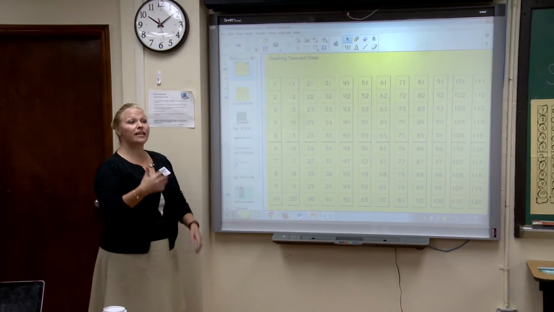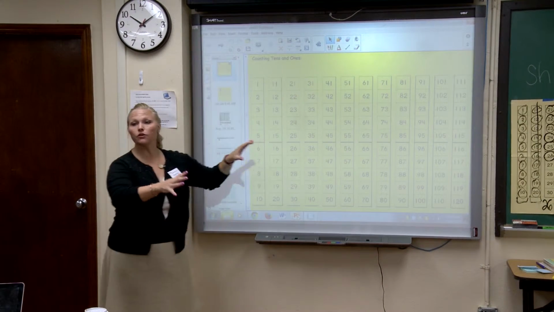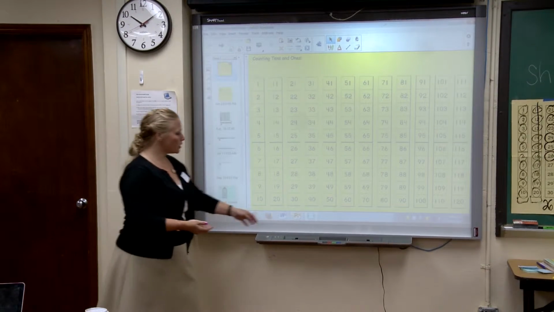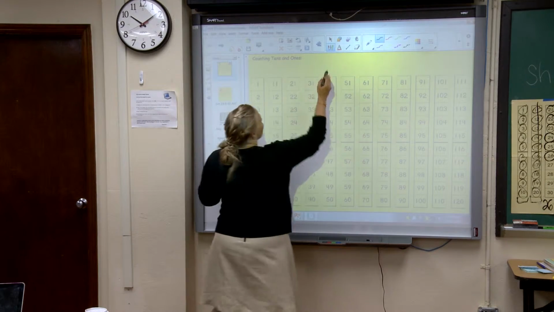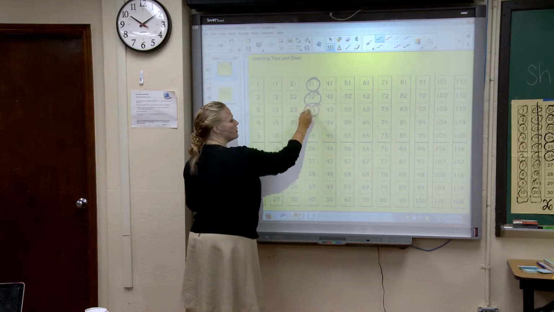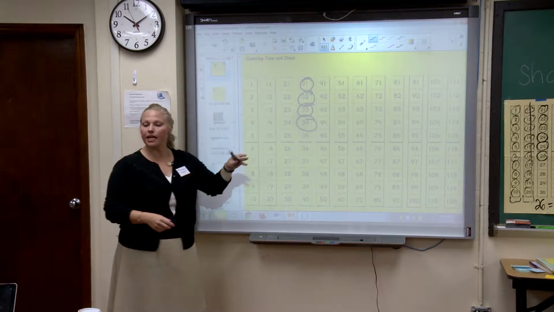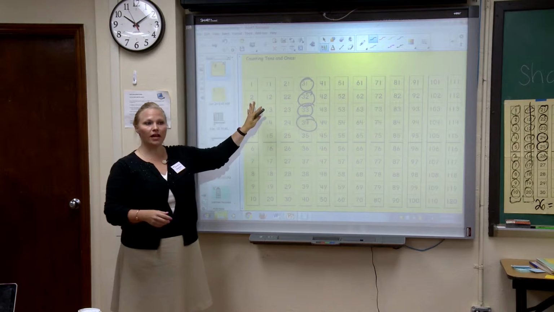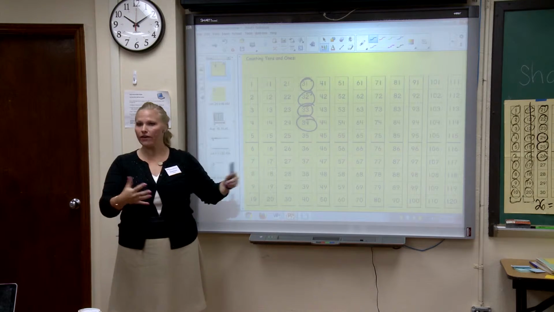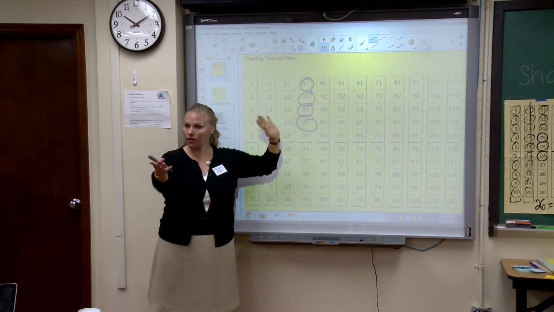Okay, so I'm giving it to you if you want to use it digitally. So if you're like, all of this stuff, I don't want this stuff, and you'd rather do it electronically, I have a file for you to do it electronically. Your student leader would come up and say, boys and girls, today's number is 31. Let's add 3 more, right? 1, 2, 3. So you would do your entire routine on here, and then every day you just push save. You're going to save a master copy somewhere on your desktop and on a flash drive somewhere. And then every day just save. So when you bring this up tomorrow, all the work you or the kids have done is already saved on here. But then they don't see